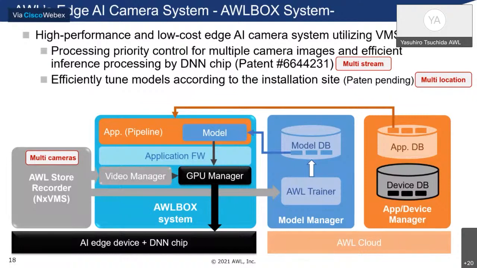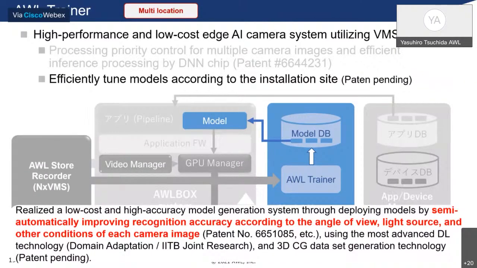AWL achieved high accuracy and low-cost machine learning operation by utilizing the DNN chip with the AWL Box system we developed. The core module is the AWL Trainer. The AWL Trainer selects suitable raw video for the fine-tuning from the CCTV camera environment and sends the selected video to the AWL Trainer server.